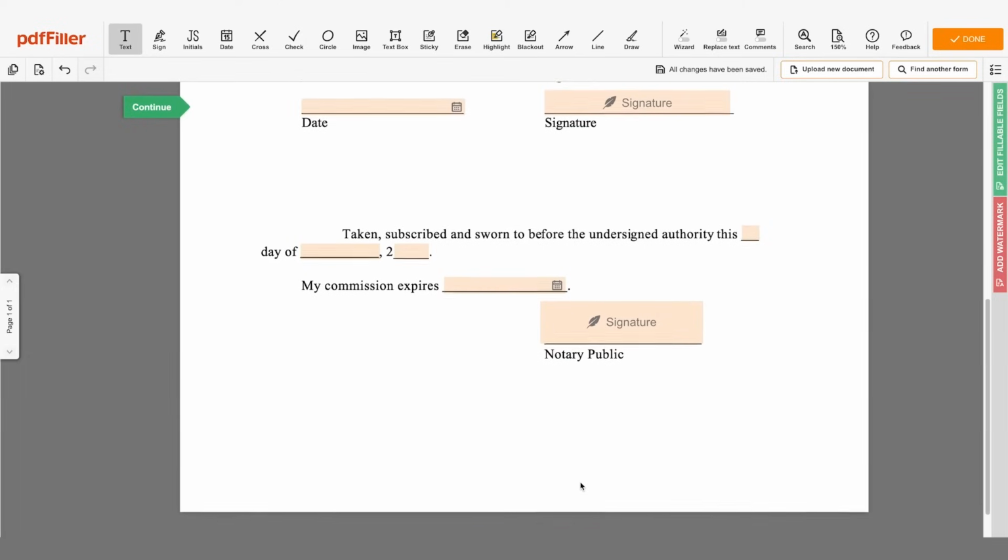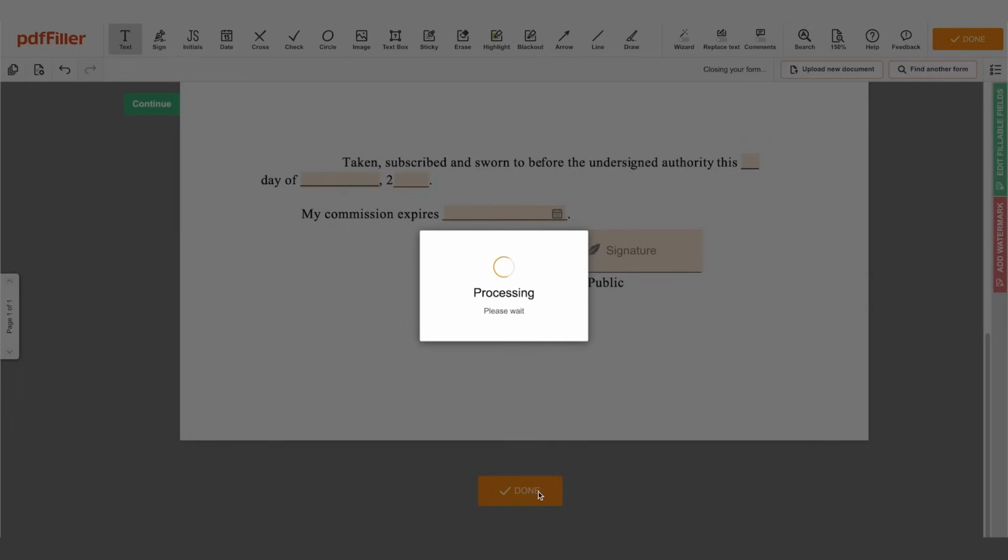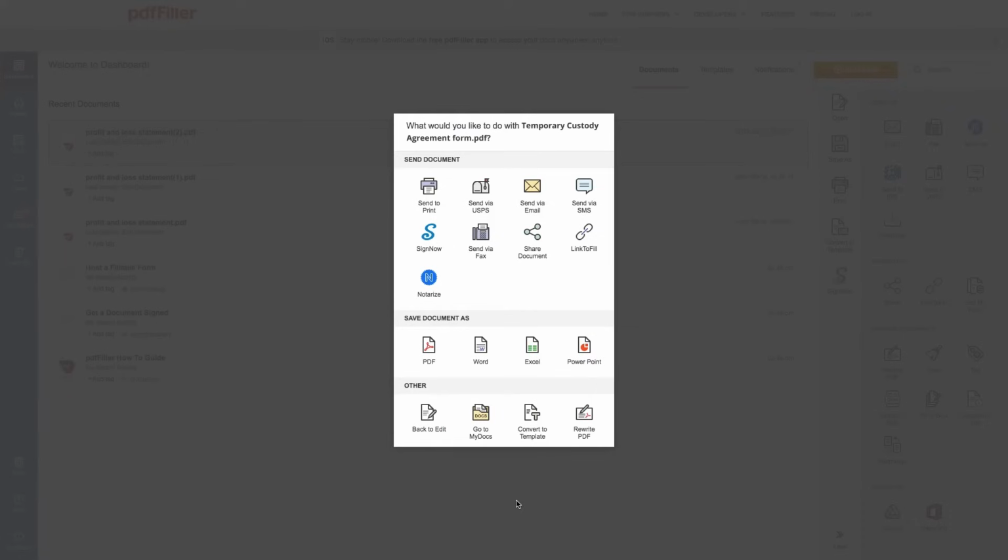Once every field in the temporary guardianship form has been completed and checked off, click Done to save the changes you've made. Choose what you would like to do with your document next. Print out the resulting document, share it with anybody via email, fax, SMS, USPS, or shareable link, send it out for signature, save it to your device, convert it into a template, or continue editing your